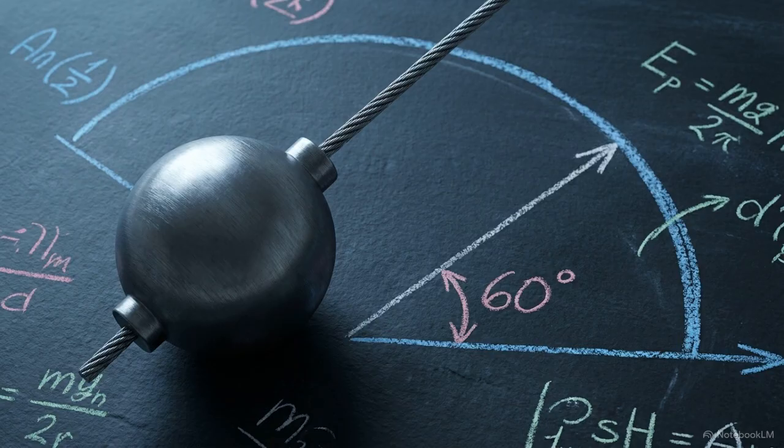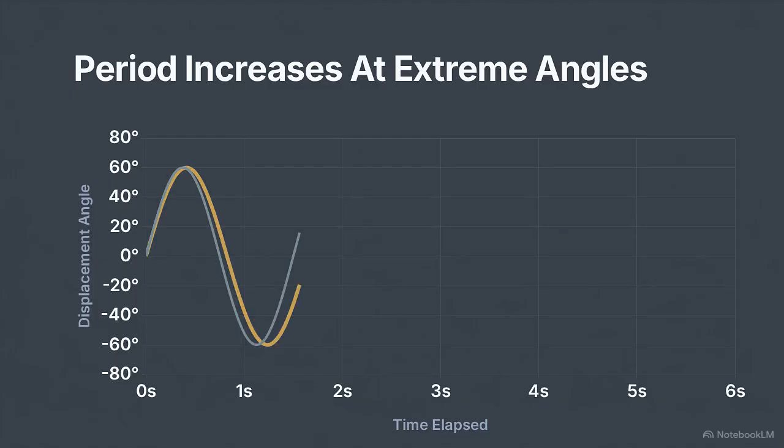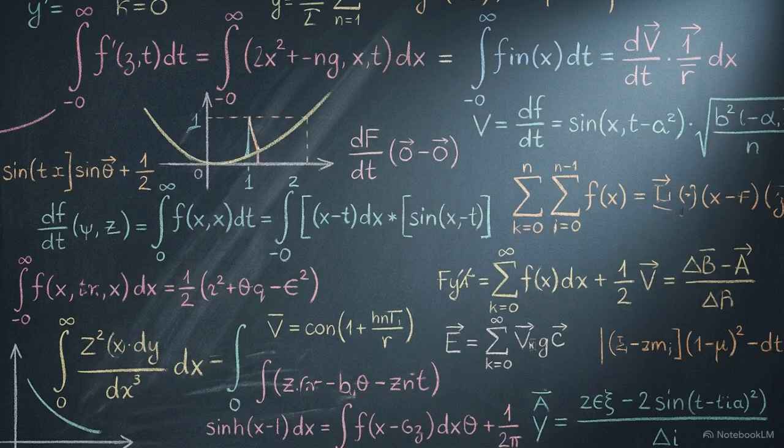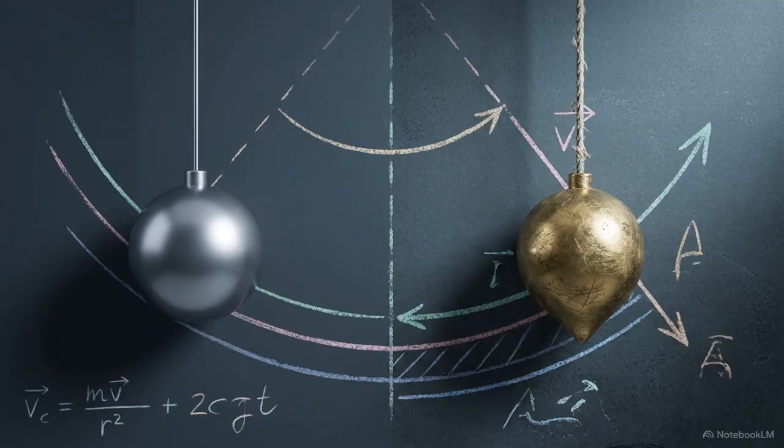When we pull the bob back to an extreme 60-degree angle and release it, the predictable math starts to fail. At this height, the period actually changes. The simplified model breaks down because the restoring force is no longer proportional to the angle, requiring complex calculus and elliptic integrals to accurately predict the motion. While pendulums are often taught as perfect harmonic oscillators, large angles reveal the divergence between physical forces and our simplified